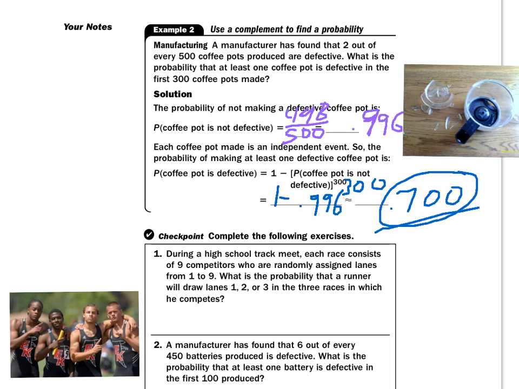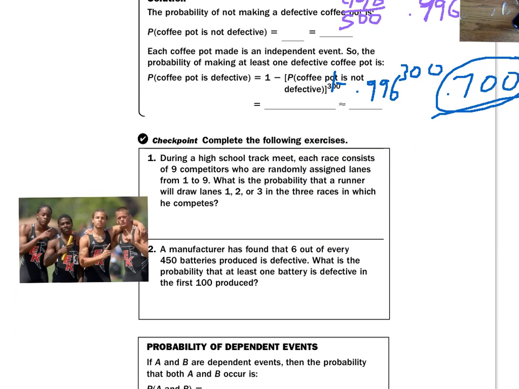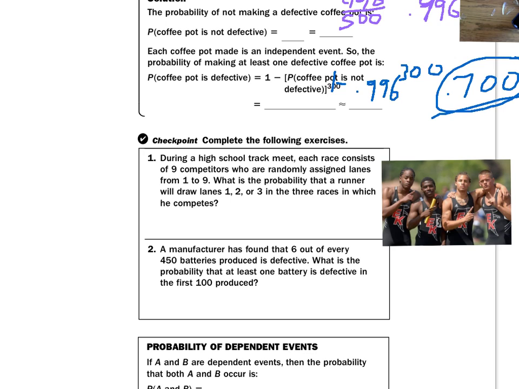All right. Let's take a look at this next one. During a high school track meet, here's one of my favorite groups of guys ever. During a high school track meet, each race consists of 9 competitors who are randomly assigned lanes 1 to 9. What is the probability that a runner will draw lanes 1, 2, or 3 in 3 races in which he runs? Well, you have a 3 out of 9 chance of drawing those lanes